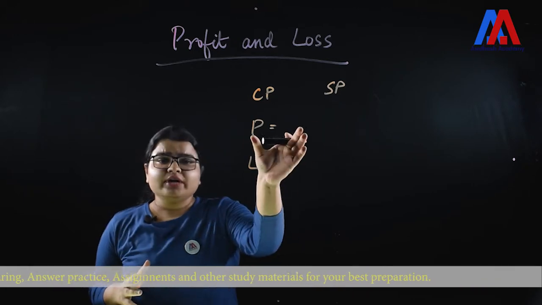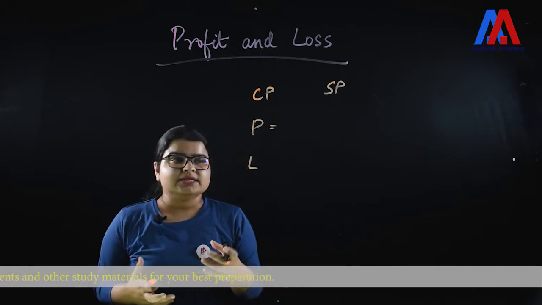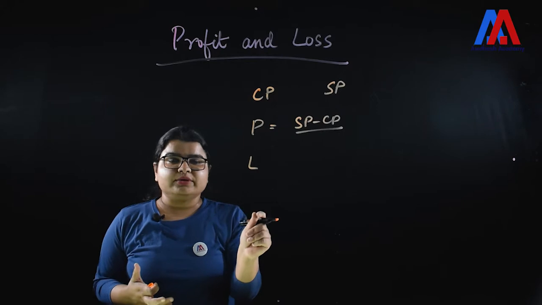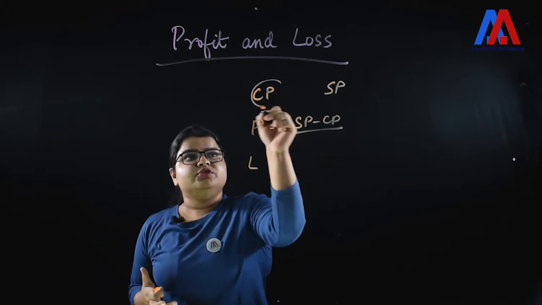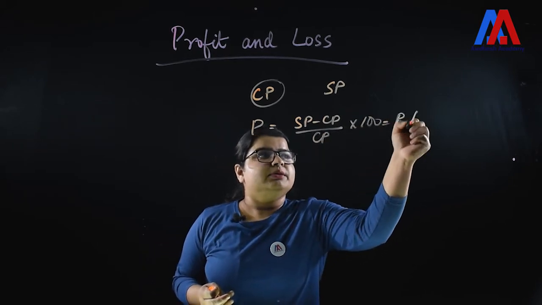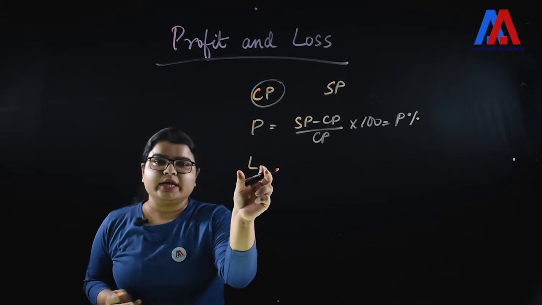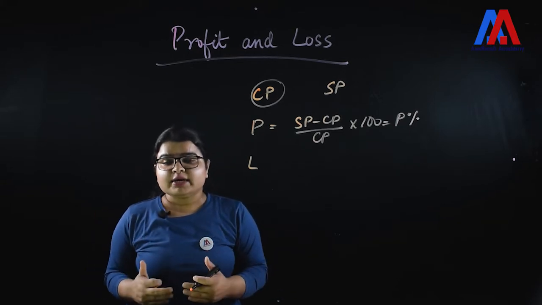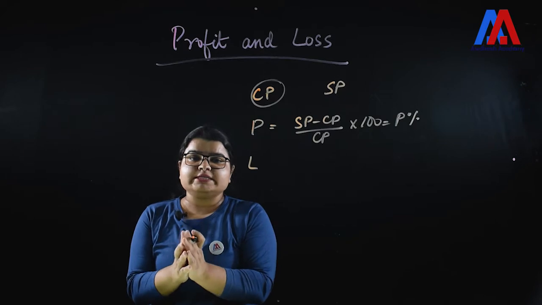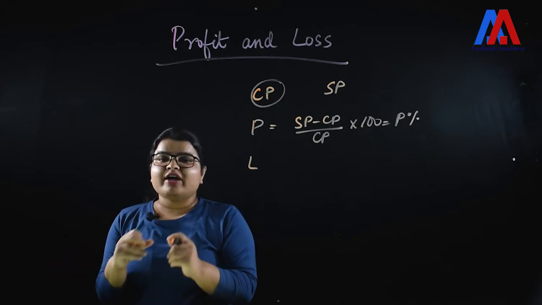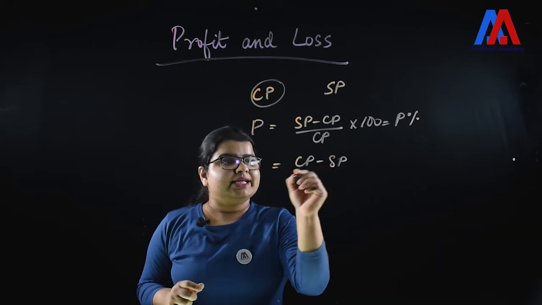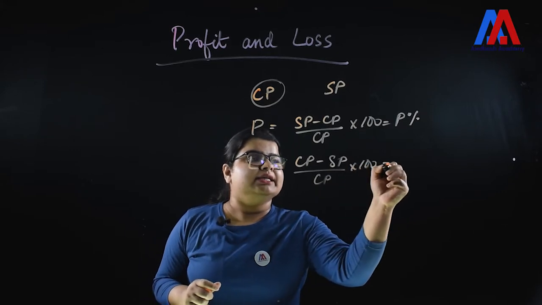So you do not have to remember the formulas, it's just common sense. So profit is selling price minus cost price, and you always calculate profit and profit percent with respect to cost price. So you have profit upon cost price into 100 will give you profit percent. Similarly, loss is when you purchase an item for a much dearer price than what you sell it for. So suppose you sell an item for 90 rupees and you had bought it for 100 rupees, then you have made a loss of 10%. So this loss is calculated as cost price minus selling price upon cost price into 100, and this gives you